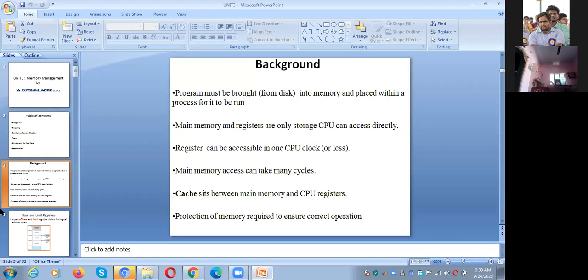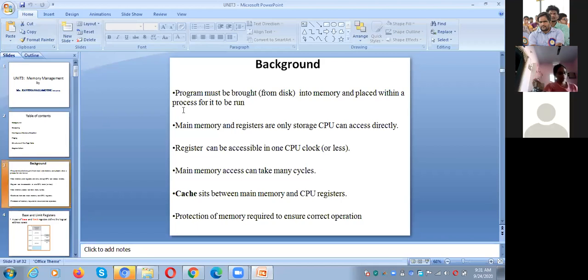Once it completes its execution, the operating system will deallocate the memory which was allocated to the process. That means when the process enters the termination state after completing its execution, the memory allocated to that particular process is automatically deallocated. So it is the responsibility of the operating system to allocate memory to the process and deallocate memory from the process.